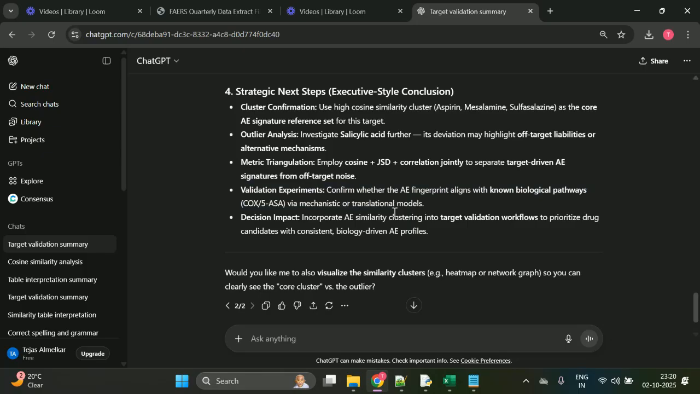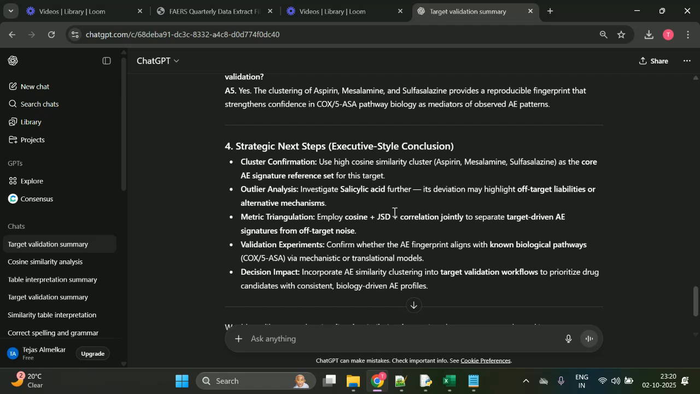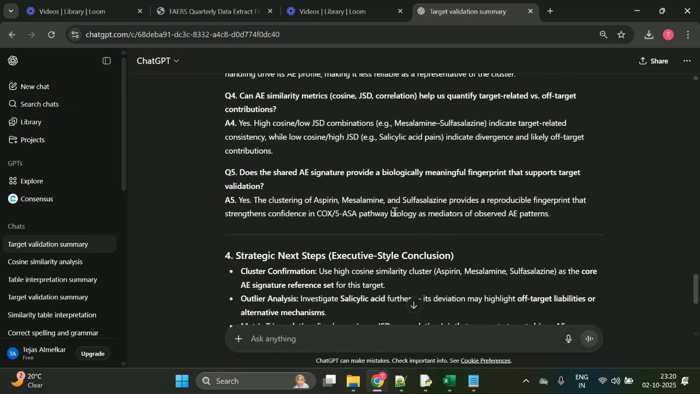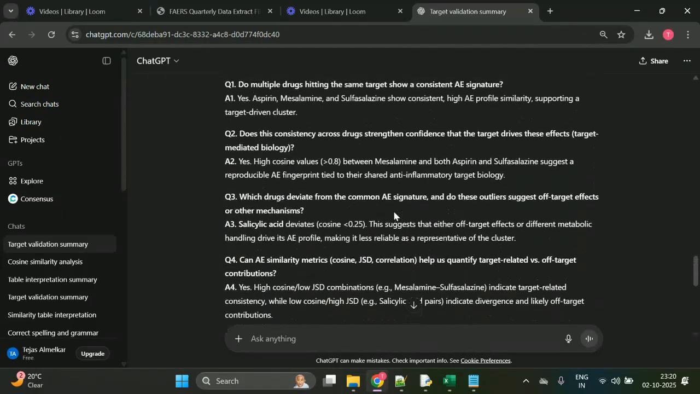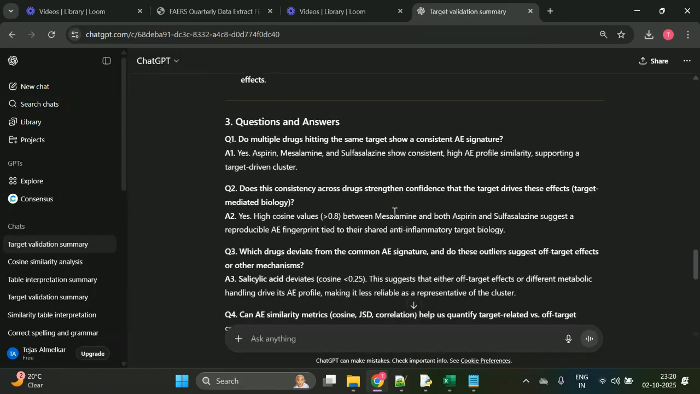So now, in summary, we started with raw adverse event data, extracted drug event pairs, ran similarity analysis, and we have finally derived the biological insights. Together, these steps demonstrate how real-world safety data, enhanced by AI-driven interpretation, can be transformed into meaningful evidence for target validation. Integrating this AI-enabled approach into early discovery pipelines can help reduce failures and prioritize promising